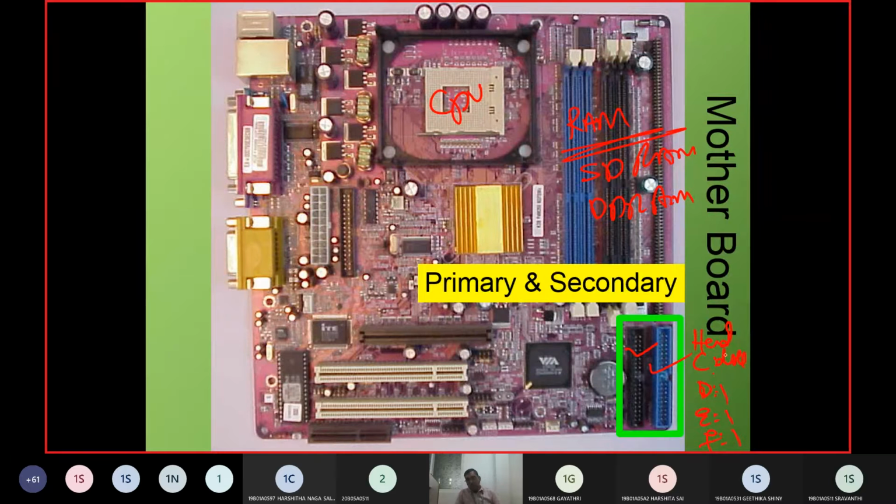This hard disk we call a secondary storage disk, and it can be inserted either in the primary position socket or in the secondary position socket of the motherboard. Then only we will have a C drive, E drive, F drive.